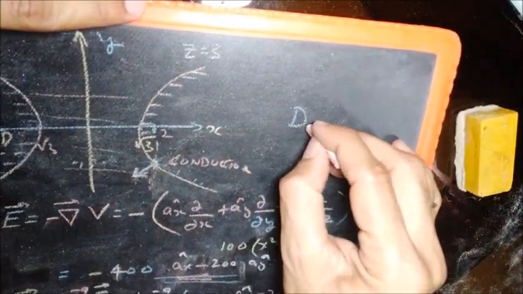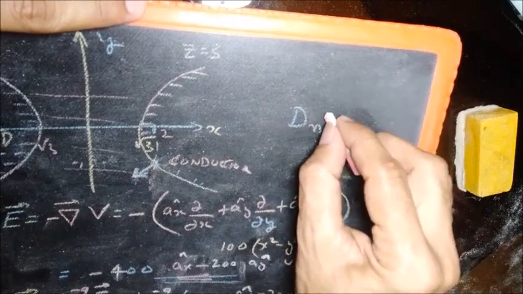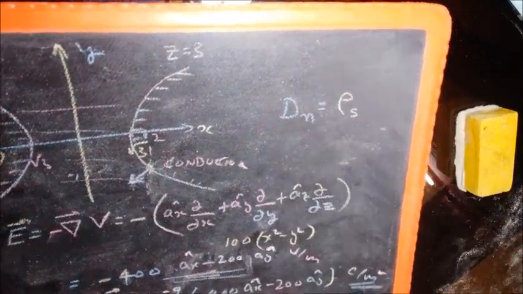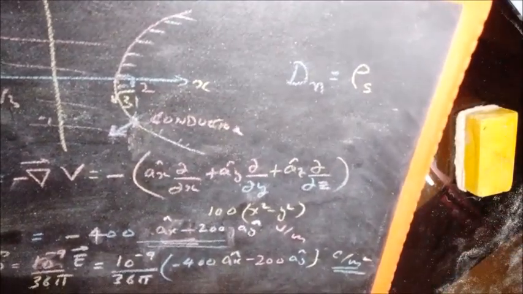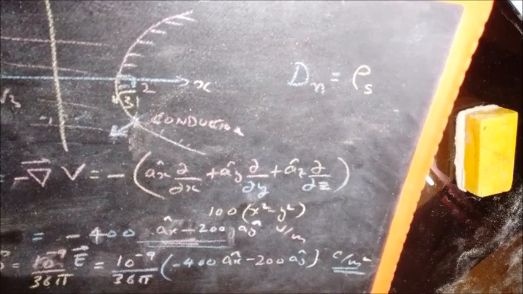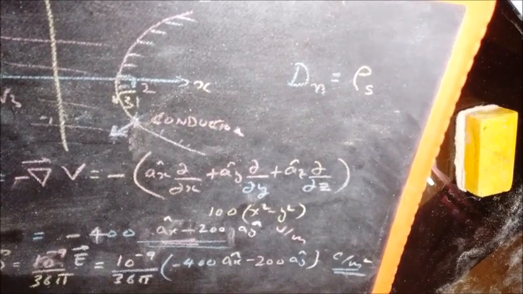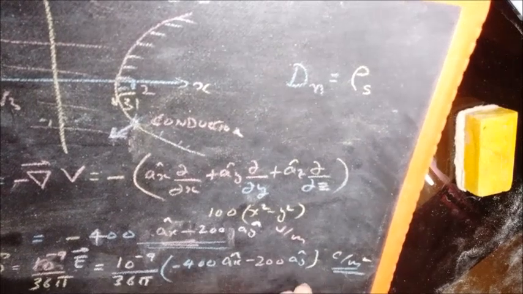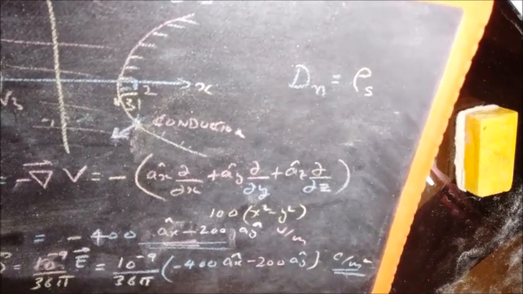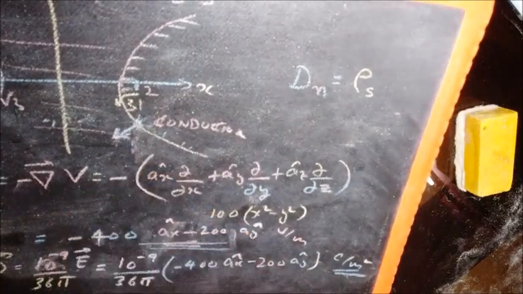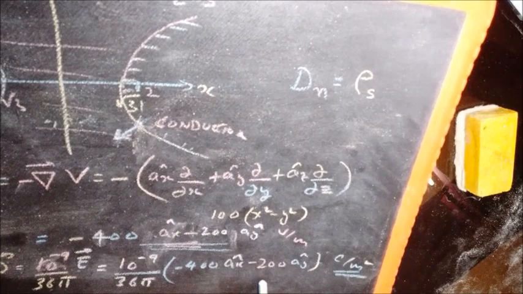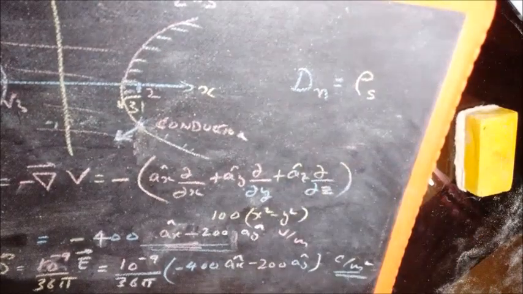Dn, the normal component, is equal to rho s. So we can say that, and again that's a part of the question, we have to find out what is the surface charge density at the point 2 minus 1 3. We have D at the point 2 minus 1 3, and that is normal to the interface. Now if I find out what is the magnitude of this, I have the magnitude of rho s with me. So the magnitude of this will be